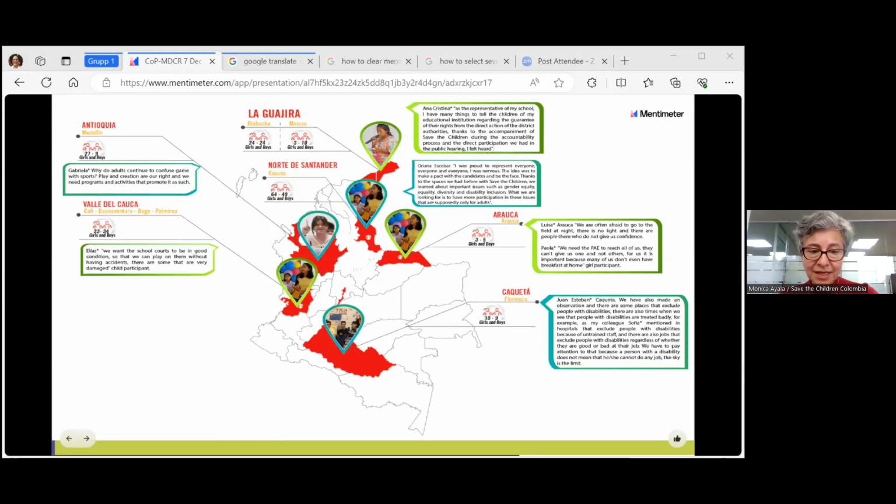So in terms of climate change, children mentioned through the Save the Children report that 60.75% of children who have been asked consider that adults are not doing enough to take care of the environment. And specifically about Colombia,